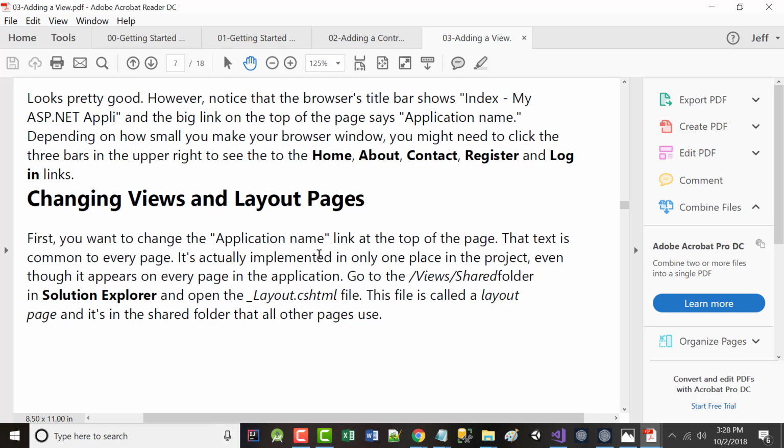It says, depending on how small you make your browser, you might need to click 3 bars in order to be able to see all the stuff. So the author's saying, let's pretty this up a little bit. All right, so we're told next to open up the